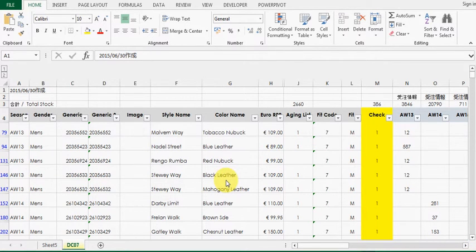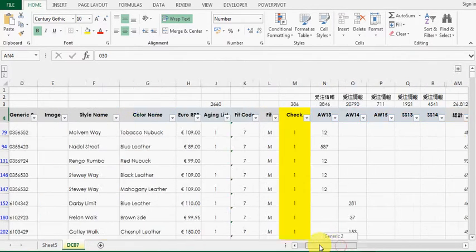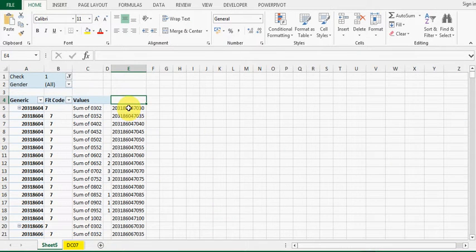Hi, let's see. Today we have an interesting challenge. My boss wanted to know what is the generic code and what is the fit code, and for the size and how much is the quantity. The expected result will be something like this. It will be a combination of the generic plus the fit code and plus the last 3 digits of the